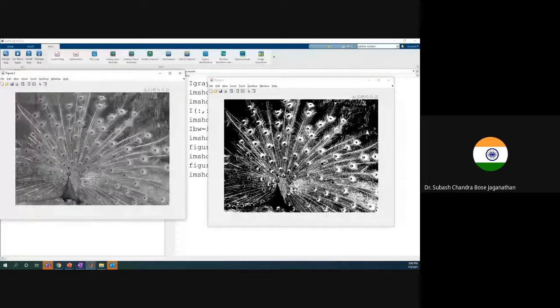You can use subplot, Professor. Sorry, sir, I couldn't see how it converted to binary. You can threshold. You can use subplot to display in the same window. That's what I'm telling. Sorry to interrupt. Yeah, thanks. Subplot puts them in one figure as well.